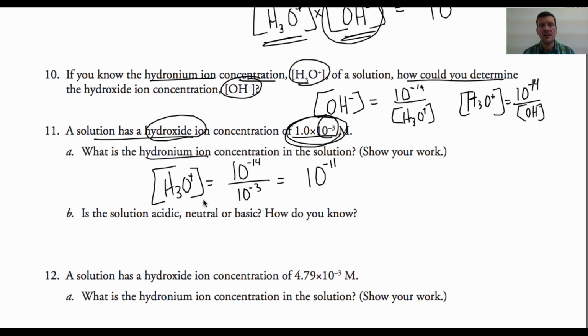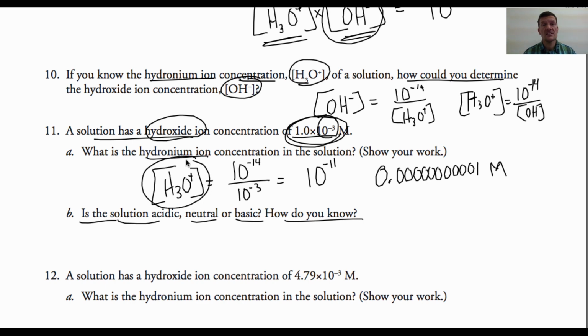So my concentration of the hydronium is 10 to the negative 11, which is basically 0.0, 10 zeros, and then a 1. That's molar, by the way. That's molarity. It's really small. Is the solution acidic, neutral, or basic? How do you know? Well, if the concentration of hydronium is equal to 10 to the negative 7, then I know that it's neutral, because hydronium and hydroxide would both be 10 to the negative 7. But if